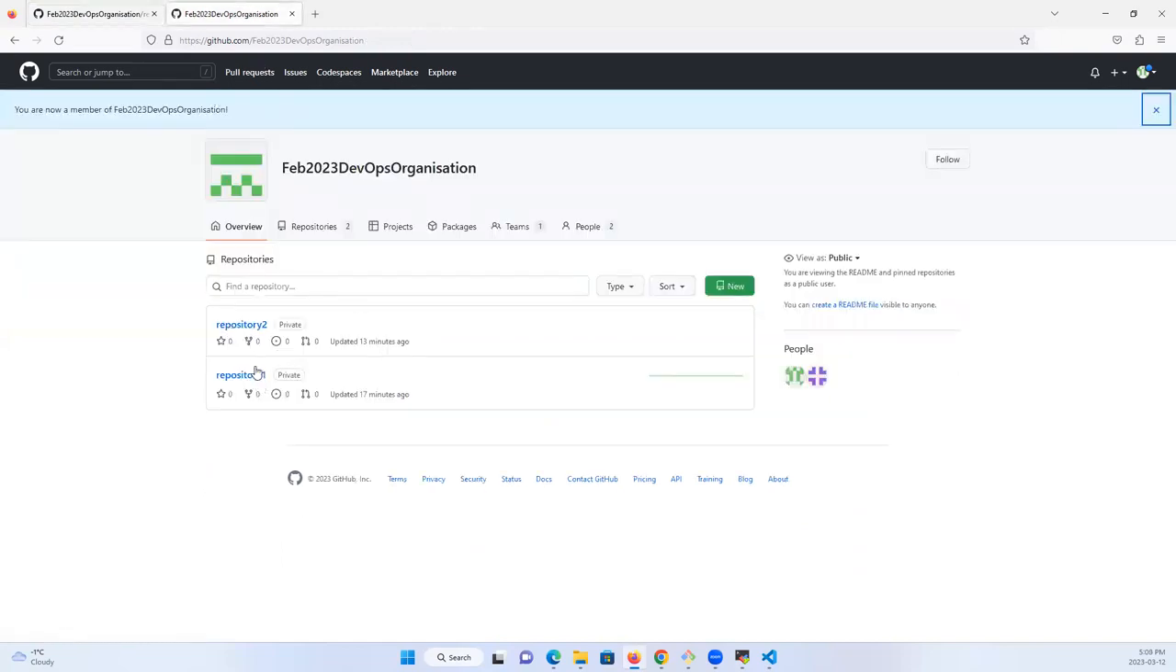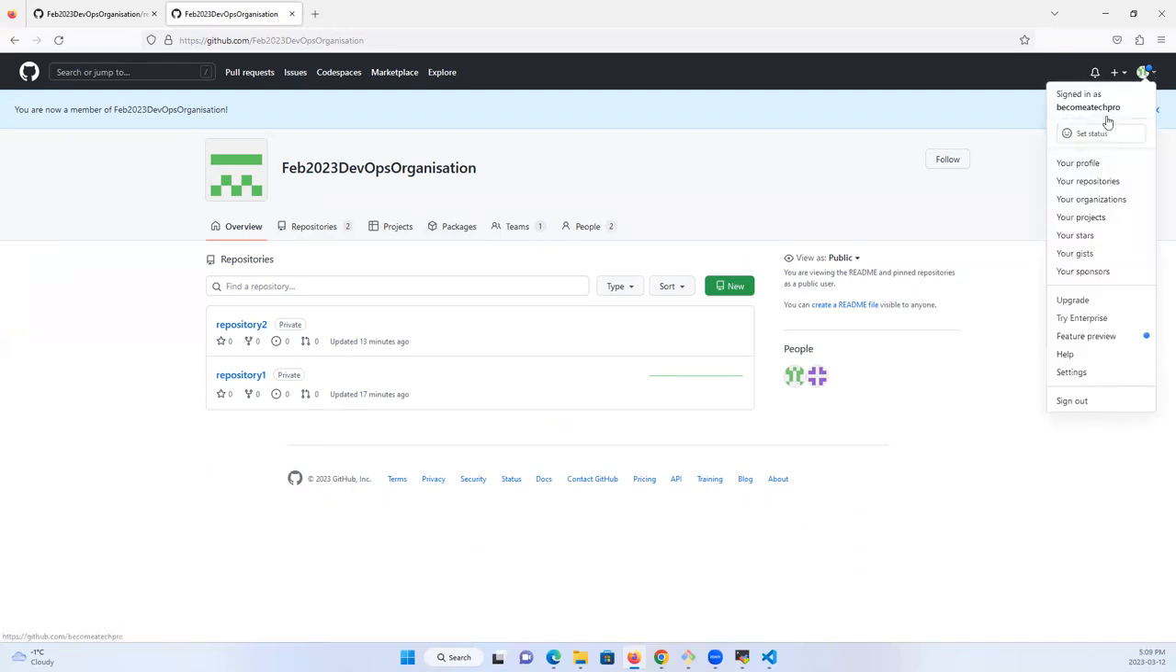So here, I'm also able to see all the repositories for the February 2023 DevOps organization. But am I February 2023 DevOps? No, I am Become a Tech Pro, right? That's the November 2022 DevOps class, right? That's the name I used then, okay? But now I have a unique name I can be using going forward, right? So you can see